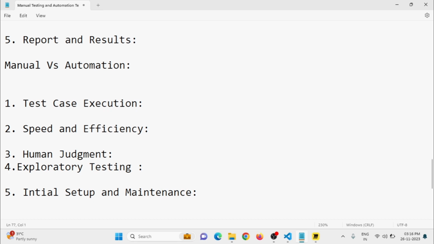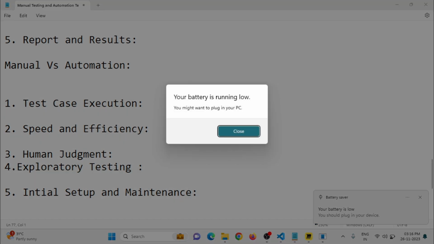Okay. So in conclusion, both manual testing and automation testing have their unique strengths and applications. Manual testing is good at exploratory and usability testing, while automation testing